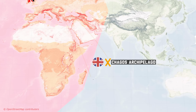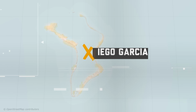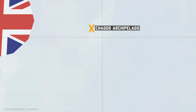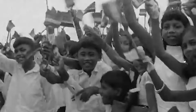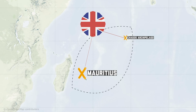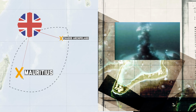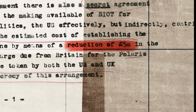So the US set their sights on this archipelago, specifically this main island called Diego Garcia. All of these islands were a part of Mauritius, which was a British colony at the time. But Mauritius was soon becoming independent from Britain, part of this decolonizing of the map. Britain would soon be giving these islands back to the people who lived there. So the US made a secret deal with their allies, the British. At the time, the British owed the United States a bunch of money for helping them develop these submarine missiles. So the US said that they would wipe out $14 million worth of that debt if the British could secure